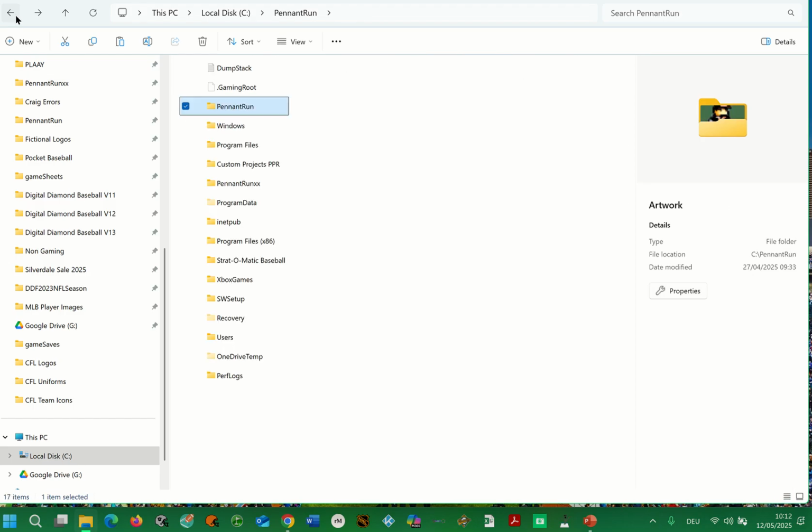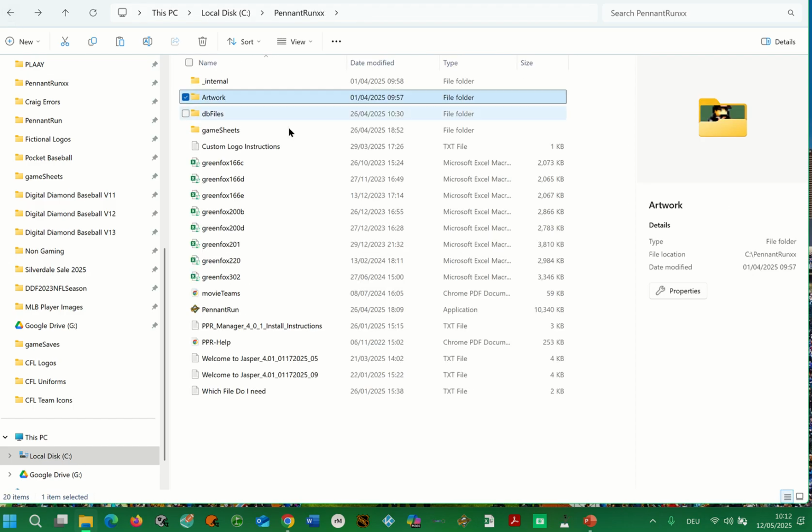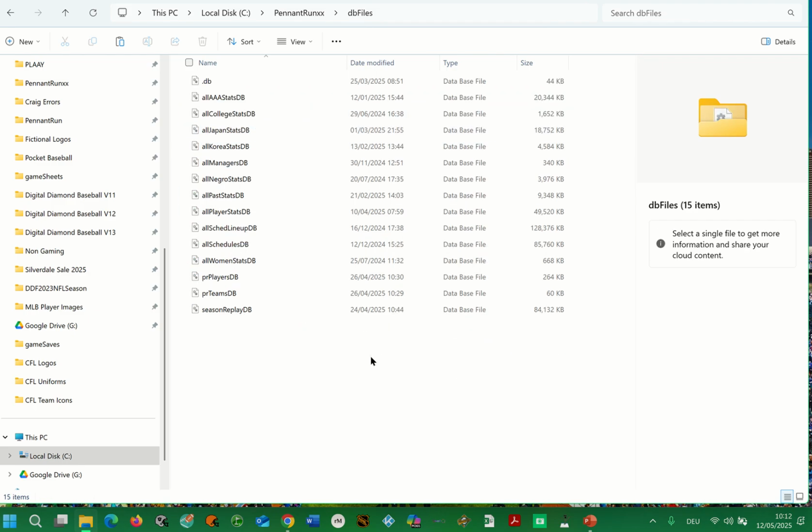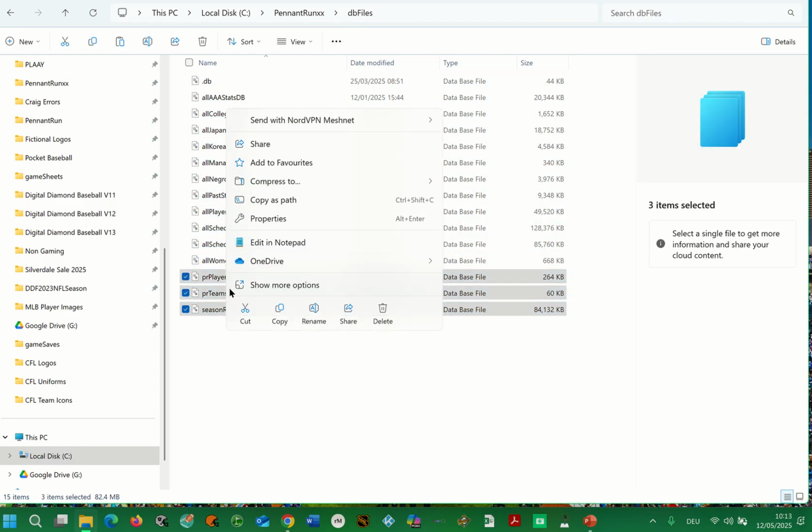And the second thing you need to do is go into database files. There are 3 files in this, and it's the bottom 3 files: PR players, PR teams, and season replays. So if you've got any specific players you've created, any custom teams at all, or you've played a season replay, highlight these 3, right click, copy,